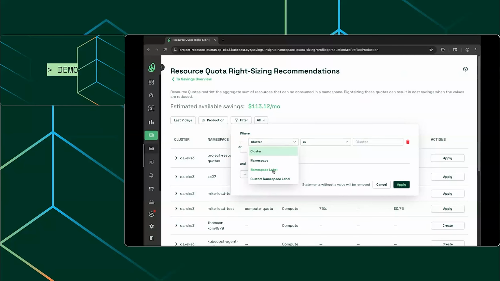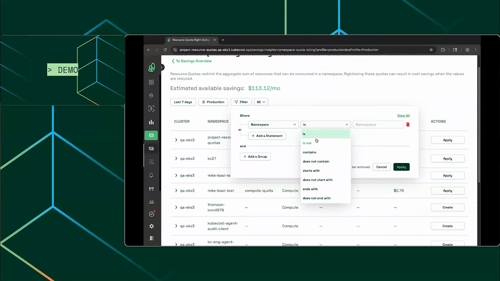So rather than, if you have a large estate, either looking at namespaces by name or the various controls that are here, such as is not, contains, ends with, etc., you can do the same thing with namespace labels. This field, as it describes, is only going to pull in namespaces that have that label. This doesn't have anything to do with the pods that have the label, the deployments, etc. So with namespace label, you can define a key only. So for example, I could say billing. And so any namespace, irrespective of the value, we can apply as a filter control and have Kubecost pull in